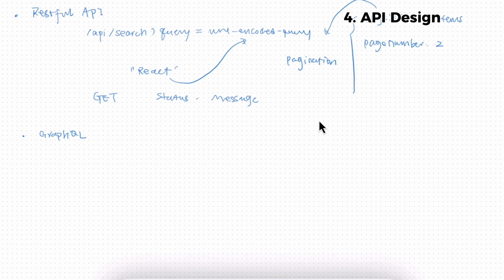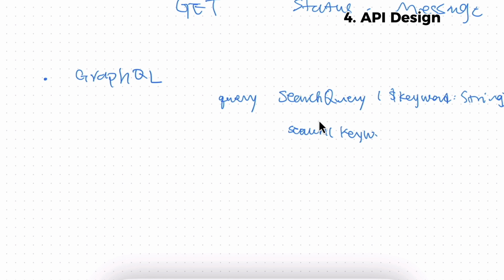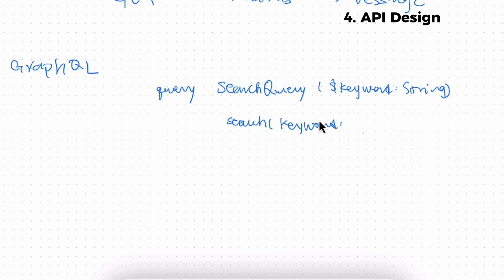And for GraphQL, the request will be different. Basically we'll need to compose a query by saying the query name. Let's say it's a search query, and we want to define the keyword, which will be a string. In the backend, we'll need some query, let's say it's a search or something, defined in the backend and accepting the keywords. Probably we can define the pagination info in here as well, so we can say the page size, page number,